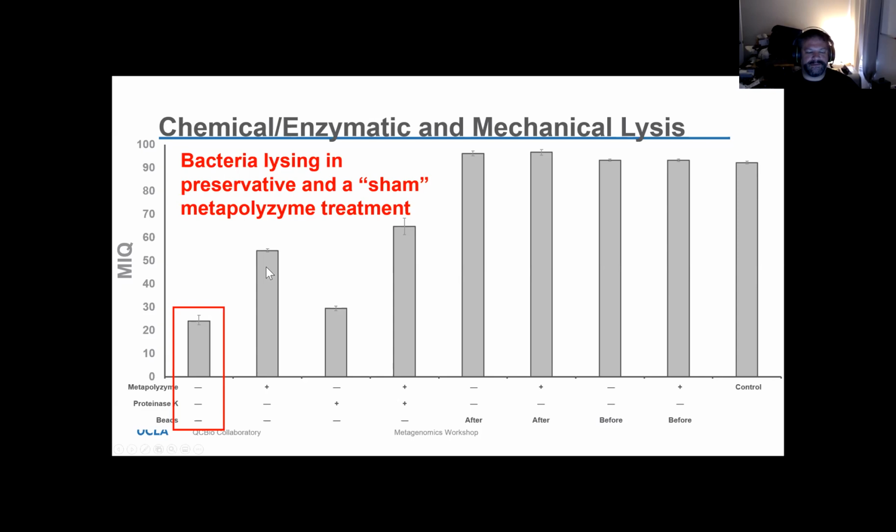Metapolyzyme is actually not as bad as it looks here. It does create some bias. It tends to underlyse a lot of the tougher bacteria. However, metapolyzyme has a property that makes it very interesting, which is that it doesn't contain DNase. Enzymatic methods, not surprisingly, have specificity, and specificity is a really good breeding ground for biases. But enzymatic methods tend to leave DNA intact, whereas